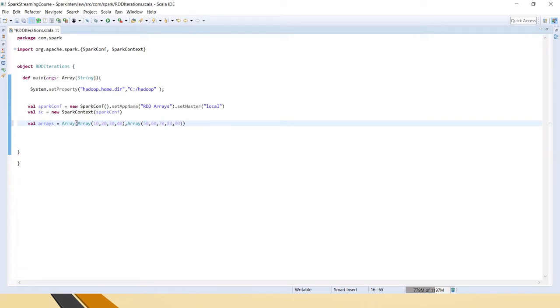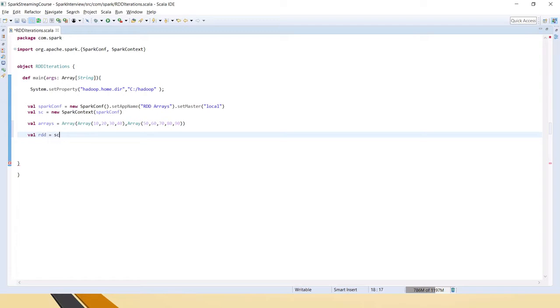So you can see here, we have created an array, this is just an array of arrays. So if you get this kind of data, how to print that, how to access the element, how to get the size of it, that we will see in this video. Okay, so let's create an RDD out of it first.